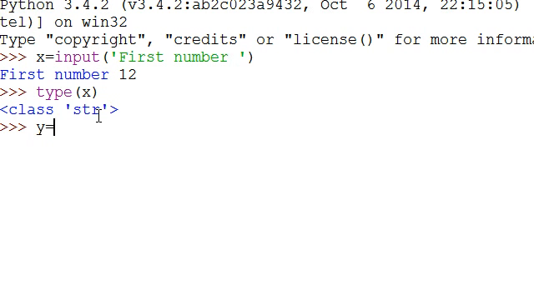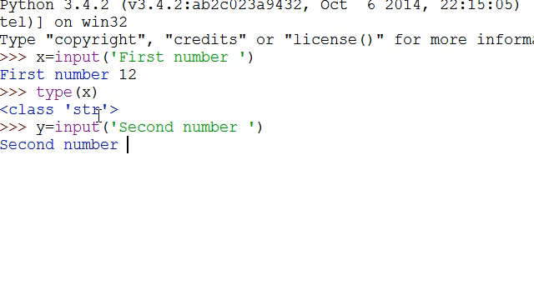Actually, let me show you something here real quick. Input. Alright, let's say the second number. Okay, so the second number, we'll say the second number is 34. Okay. Now what happens when we add x plus y? We add both these numbers together, we should get 46,